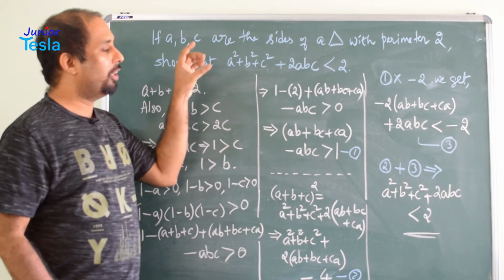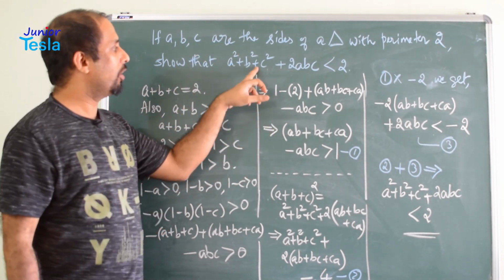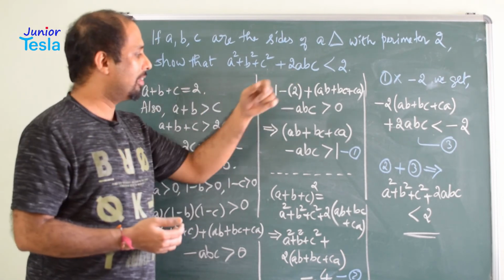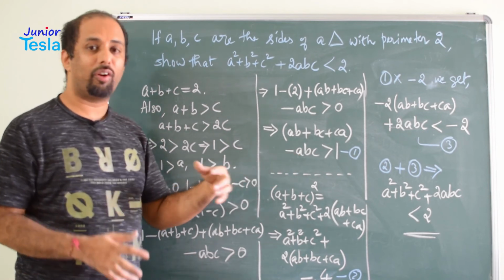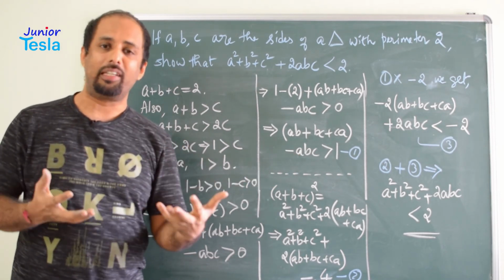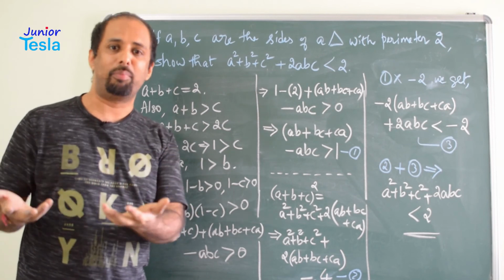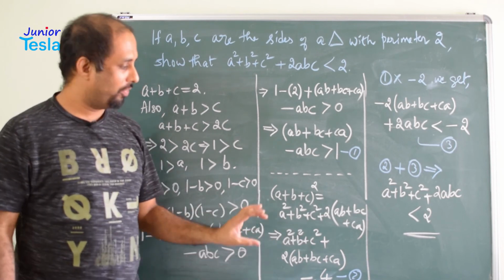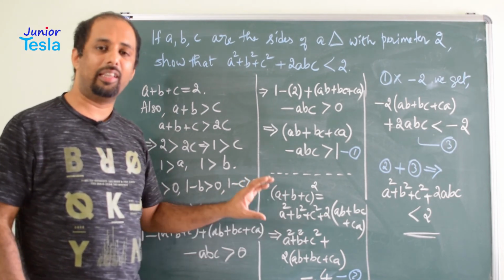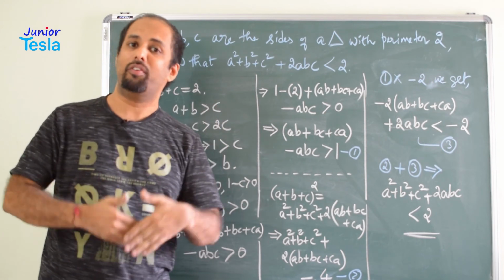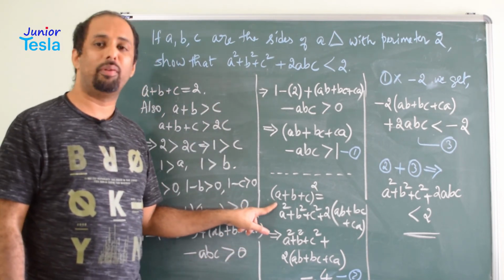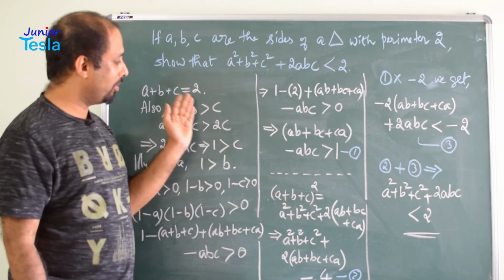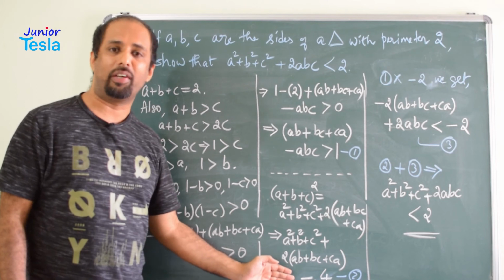Then again we went back to the problem and saw what is given: a square plus b square plus c square is there in the problem and abc is there in the problem. We already got abc but we have not got the a square plus b square term. How do we get it? By using another identity, a plus b plus c whole square equal to, right, this. So we have written the identity and then we can simplify it. Whenever it is possible to simplify, we have to do that. Here it is very easy to simplify because the perimeter is equal to 2. a plus b plus c is 2. So we have made use of that information and we got this simplified expression.